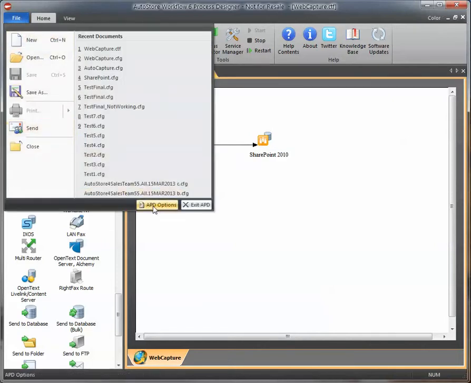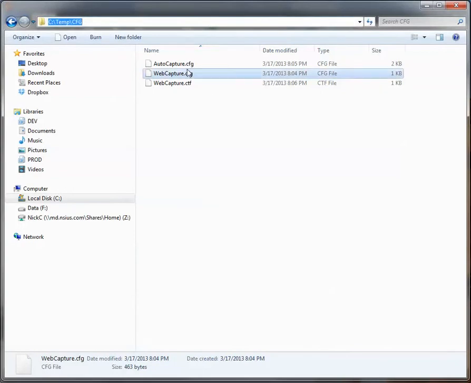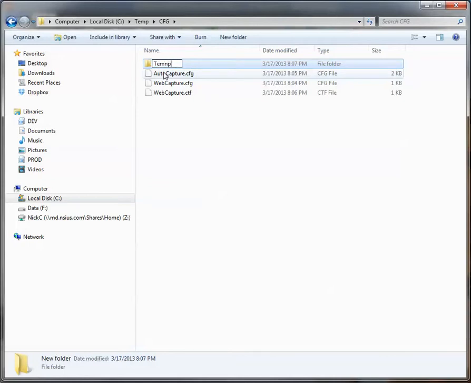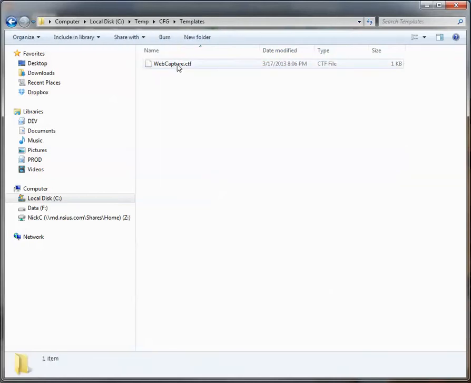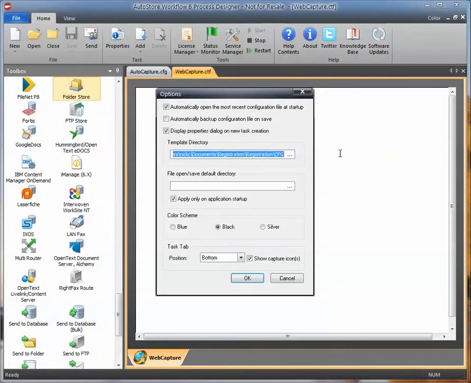If I go to APD options, under template directory, I'm going to specify a certain folder to contain these templates. So maybe I'll say templates, and I'll move this template in here. So I'm going to have a directory on my OS called a templates directory. And then when I do that,